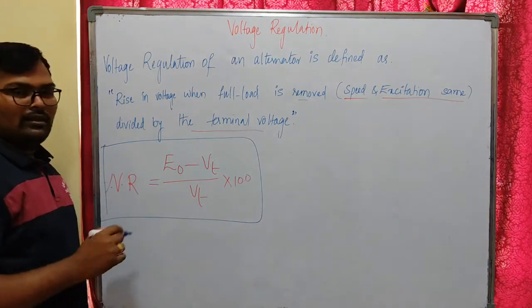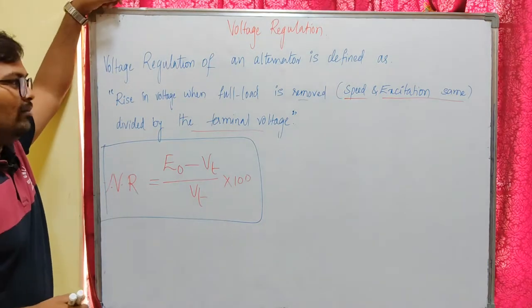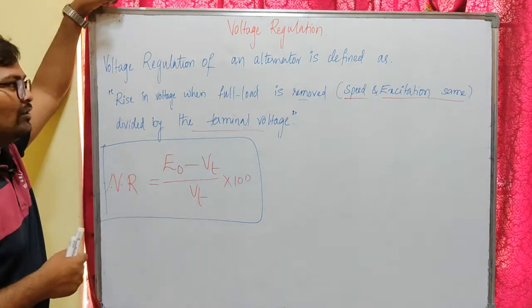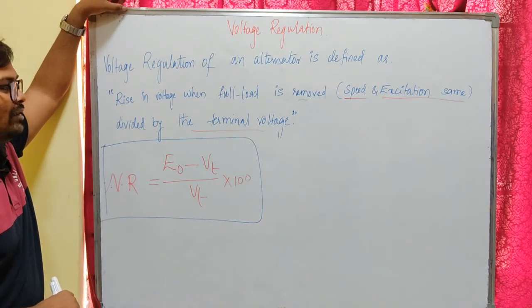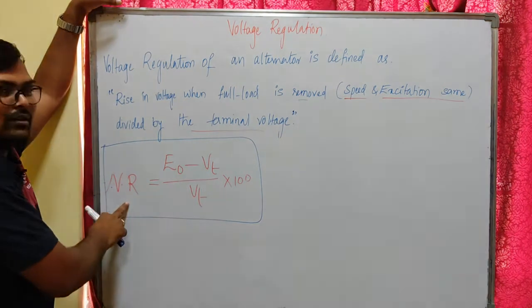This voltage regulation can be found for very small generators by applying a direct load test. That means we apply the rated voltage and rated speed, and we put maximum load on the generator. Then we will turn off the load suddenly, throw off the load. Then we will check how much the terminal voltage is with load and without full load, and we calculate the voltage regulation.